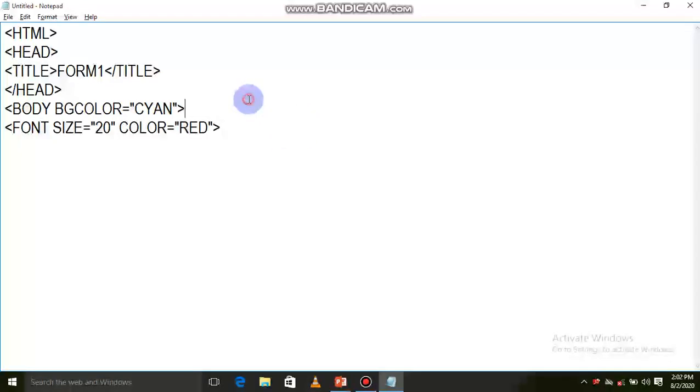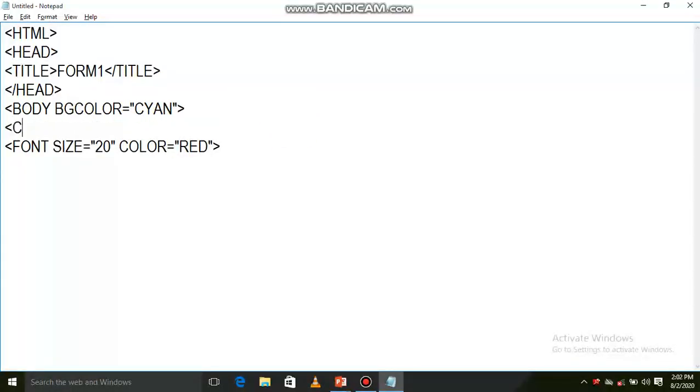Now if you want to put it in the center, use the center tag. Next, write simple form, font close. Now use the br tag for breaking the line. Here I want two line spaces.